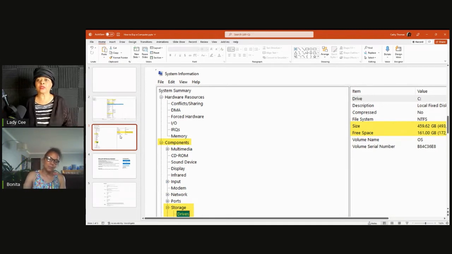So this will give you and anybody else that's trying to get a computer information on what they need to be thinking about if they're going to just be doing business applications. And another thing